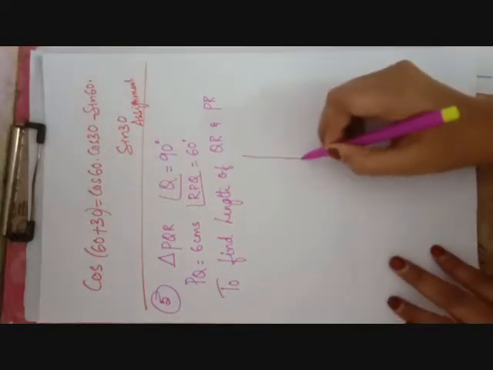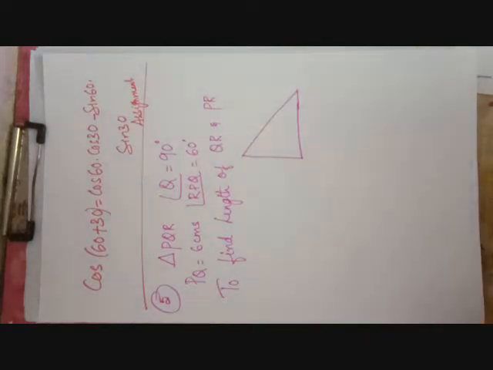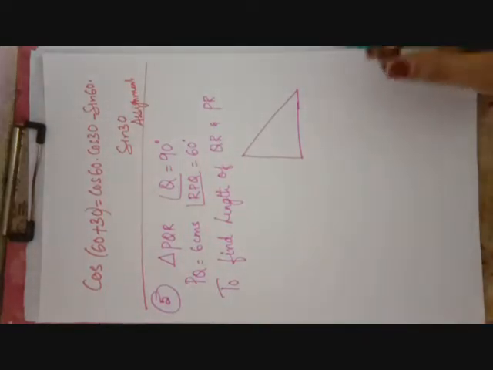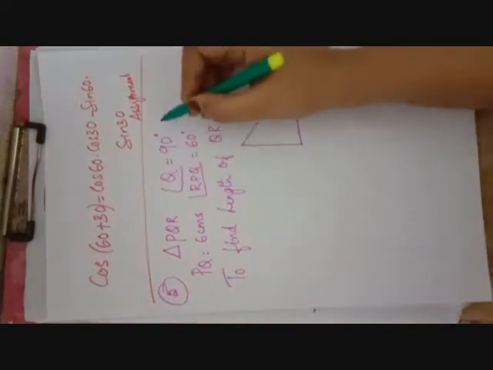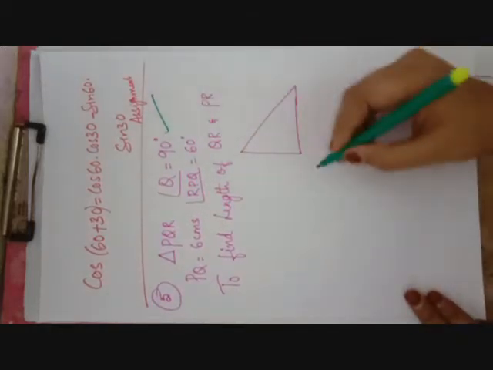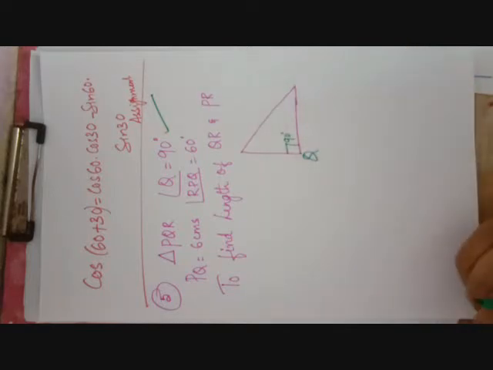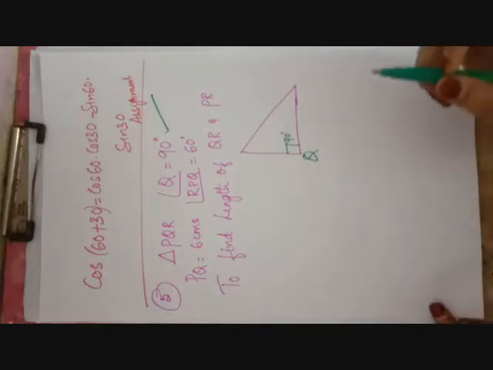Again, we'll be recreating the first concept. First, the figure is very, very important. I'll draw the figure. What else is given? I'll just label it up. A right angle triangle PQR is given. Right angle at Q, that is angle Q is 90 degrees. This is 90 degrees given. What else is given? PQ is equal to 6 centimeter and